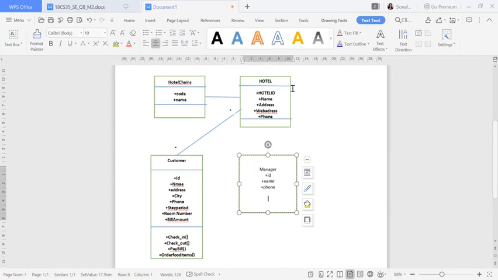So what is the job of this manager? He has to generate report, right? Generate report, that is one function name. The spelling is a mistake. Okay, generate report, you can give the underscore also, anything you can give, it's not a problematic thing.